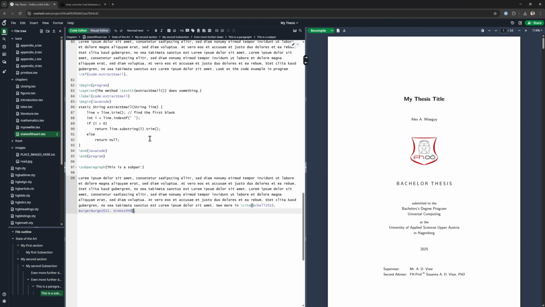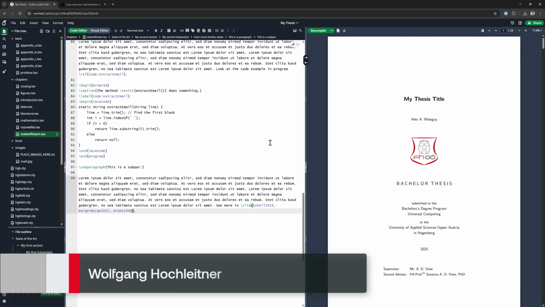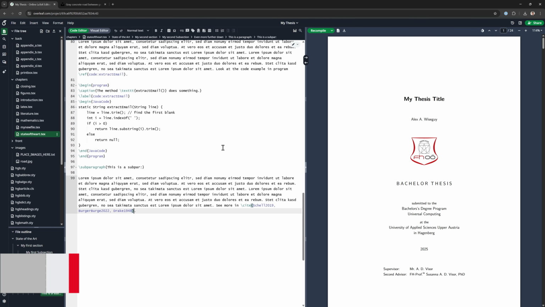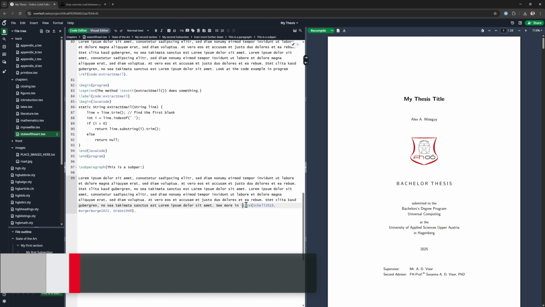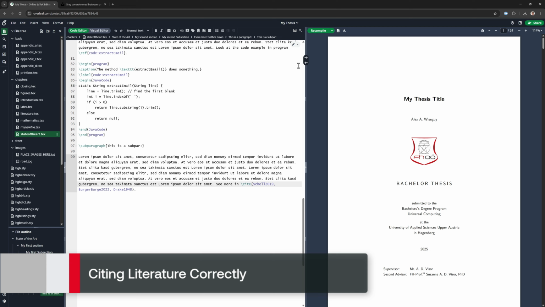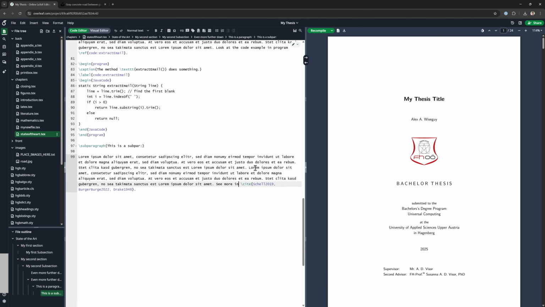There are a few small common mistakes that tend to happen very often in various theses, so it might be a good idea to address them here. The first one is, if you're citing literature, like it is done here, always make sure that you have a space between the previous word and your citation. So if I have something like "see more in Shell and Burger and Drake," don't add it like this,